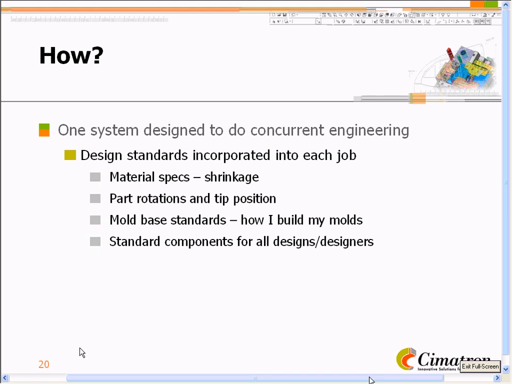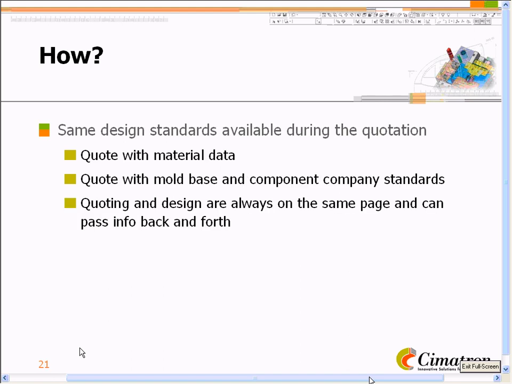Well, there are different requirements for larger molds than for smaller molds, different types of components. That information can be saved and then used again and again in a wizard interface that will allow the standards to be kept right within the software. Now you know